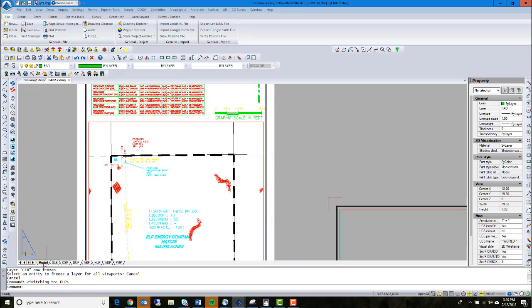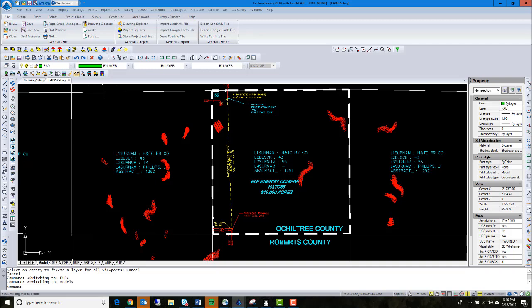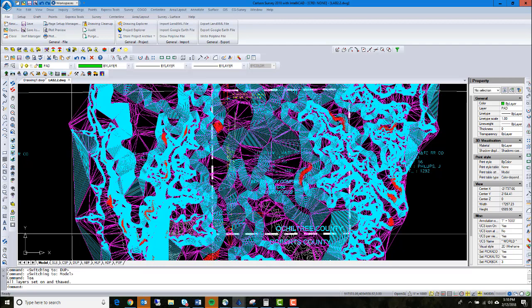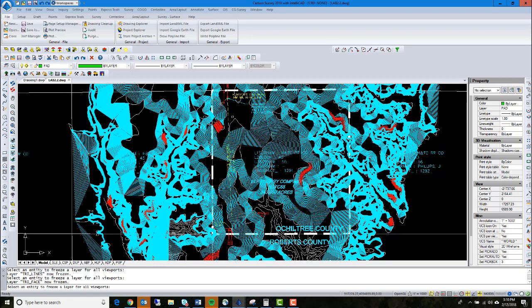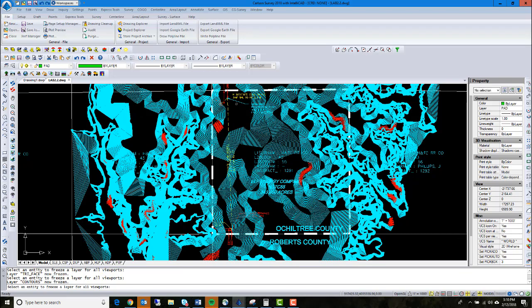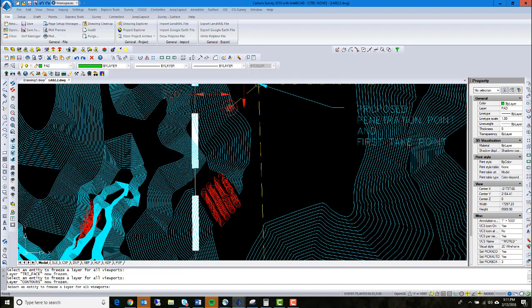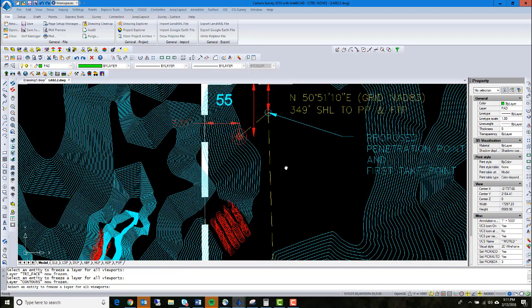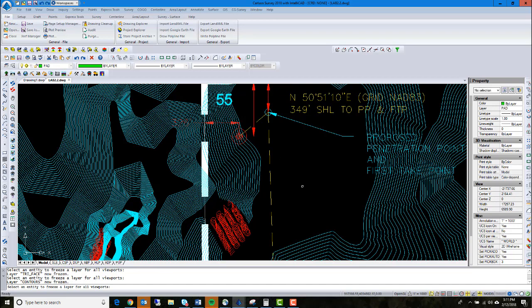So I'm going to just go back to my model space here, and I'm going to turn the contours back on, and so it'll unthaw those. I don't want these purple lines, which are my 10 lines. I'm going to click off those and just click on them and make them disappear. And I'll get rid of the white lines here as well. But here is the surface location, and I'm in the layer pad. So what I want to do is draw a